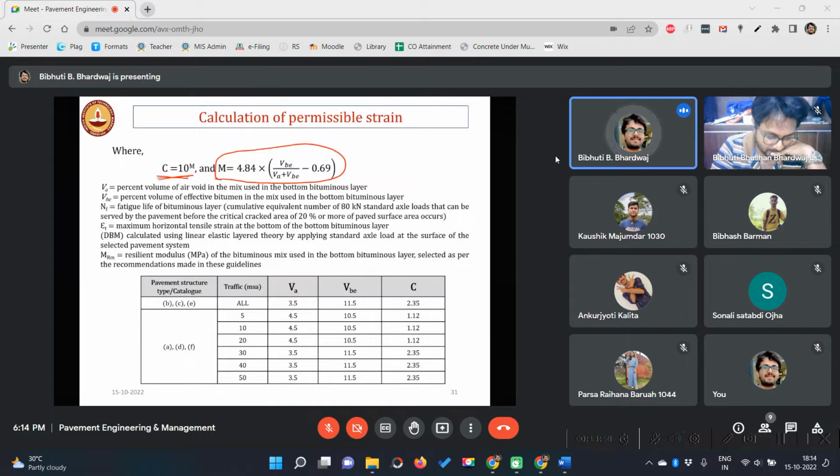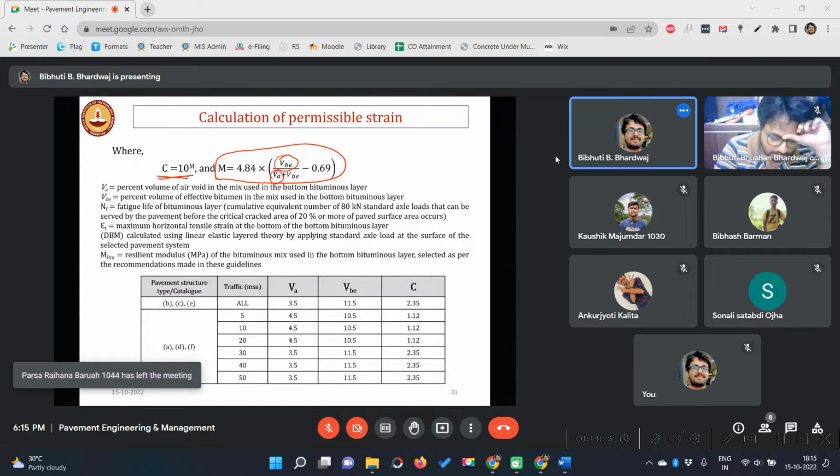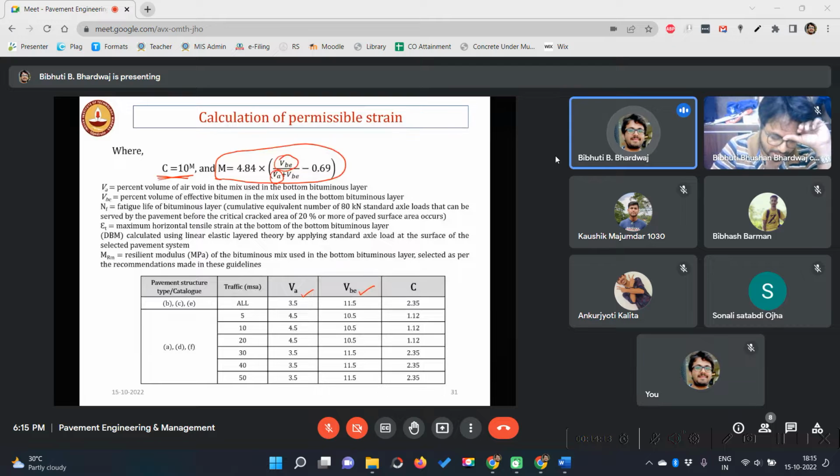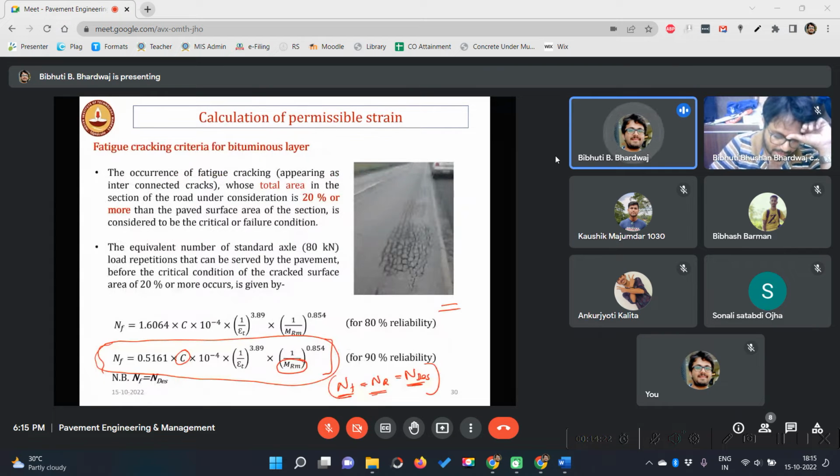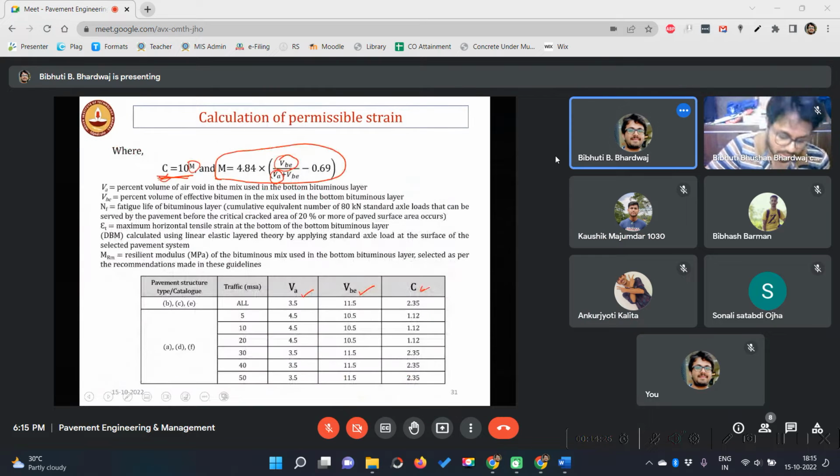And if you go to IRC 37, all these values are given directly. What is PBE? What is PA? These things are already given. So if you know these values, you can find out what is M, and if you know what is M, you can find out what is C. Okay, and this MRM is also given in the code. So now anyway,